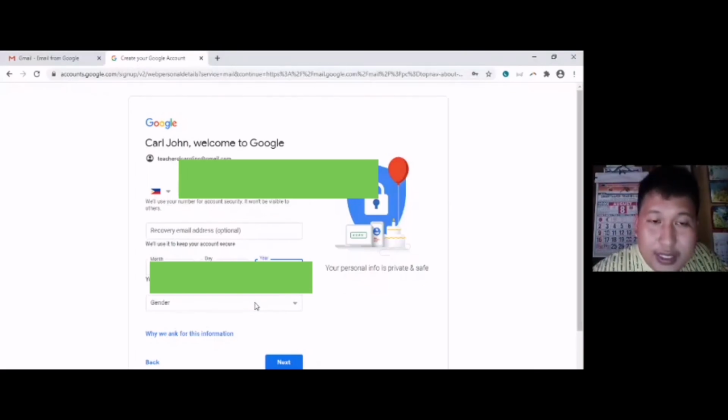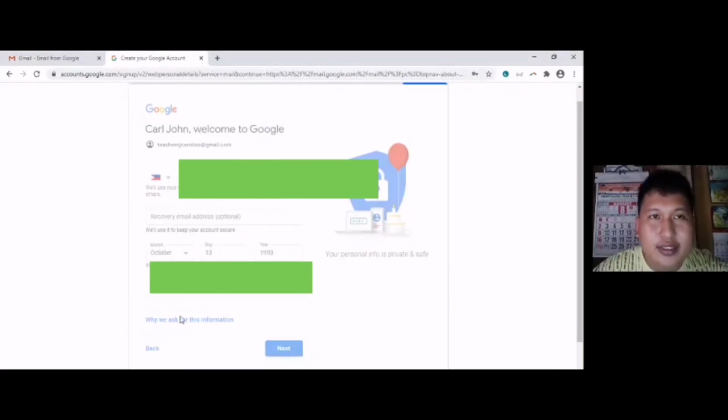After providing your birth date, you need to indicate your gender. After providing the needed information, click Next.